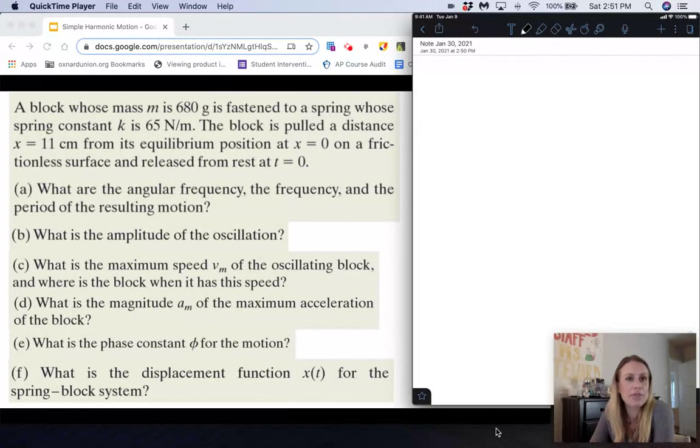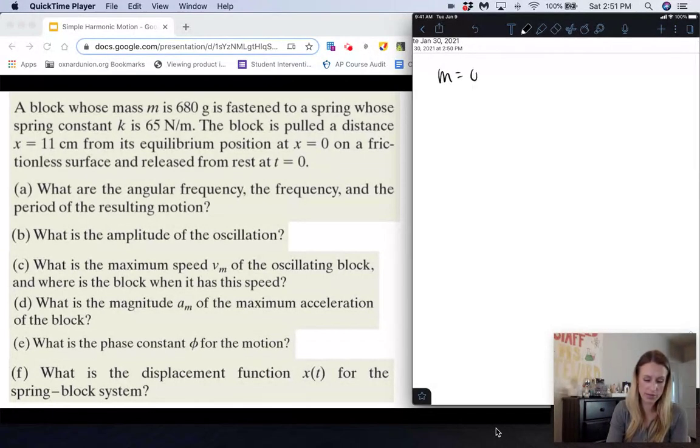Here's our first example for simple harmonic motion. We have a block whose mass m is 680 grams, so our mass would be 0.68 kilograms, fastened to a spring whose spring constant K is 65 newtons per meter. The block is pulled a distance of 11 centimeters from its equilibrium position at x equals 0